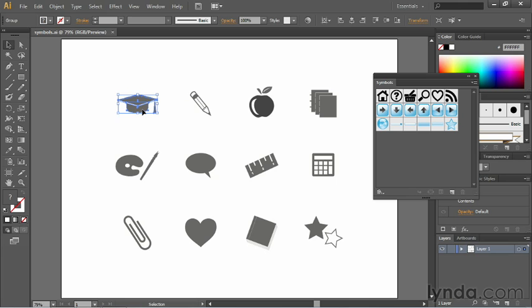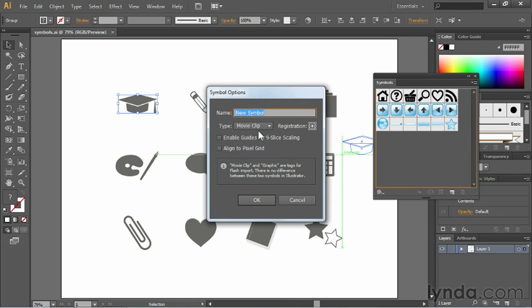And the easiest way to create a symbol is to simply take this hat, click it, and drag it over to the symbols panel. I'll drop it in, and it comes up with symbol options. And I'll just name this graduation cap. The type. This is if you're going to be utilizing this inside of Adobe Flash or some other